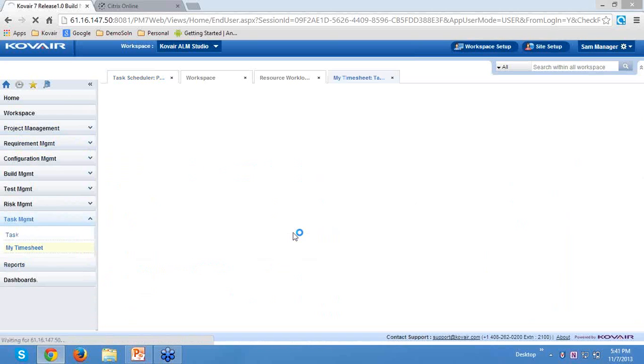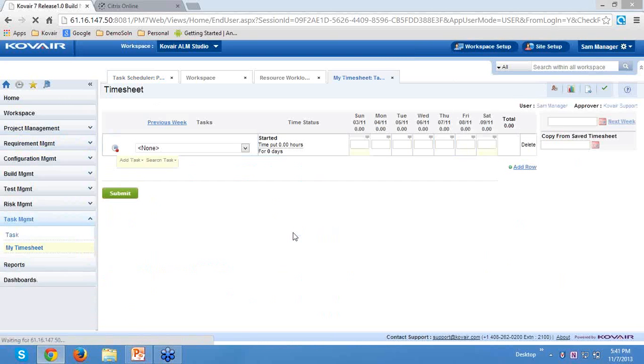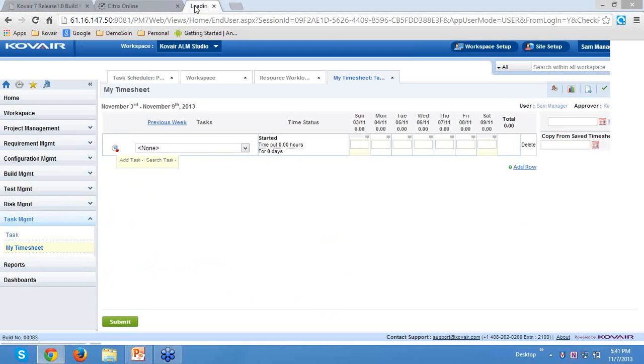Now this is how the timesheet gets entered or managed in Covea. It lists out all the tasks. Let me log in as a different user.